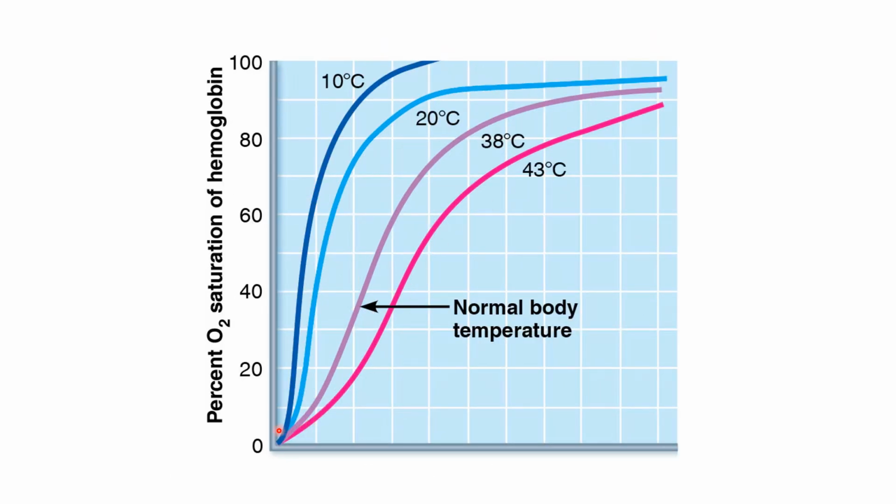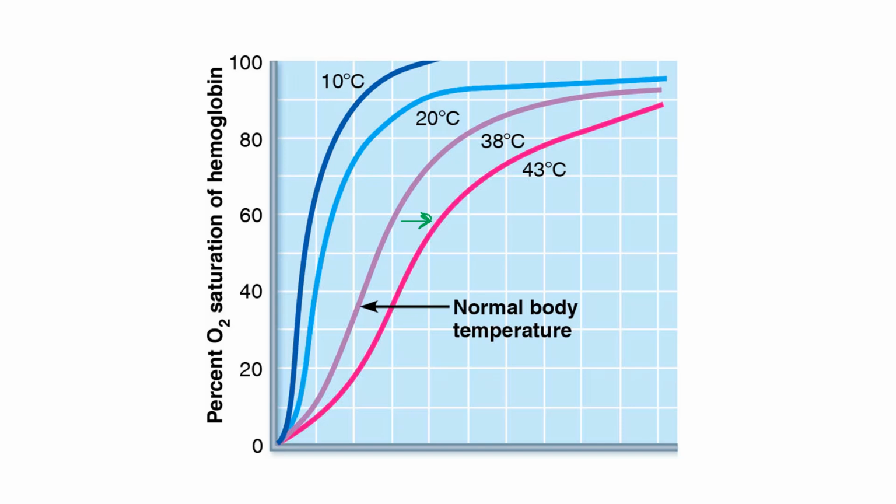Over here, they have plotted the effect of the body temperature on the oxygen hemoglobin dissociation curve. The purple line is at the normal body temperature. And when the temperature increases, it shifts the curve to the right, like we already discussed. When we have fever, it is shifting to this. Now the blood is giving more oxygen to the tissue, so it can be used because of the increased